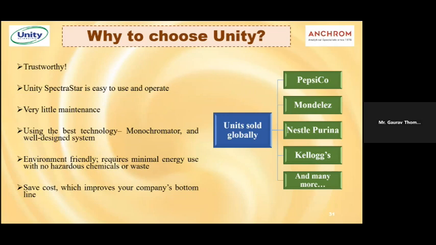Next, it uses Bessent Tau technology, wherein it uses monochromator-based technology for different cells. Next is that it is environment friendly. As it doesn't consume any chemicals, it doesn't generate any waste, and the same sample could be used for some other kind of analysis as well. So eventually no hazardous or less hazardous waste is being generated out of it. As no waste is generated, no time or chemicals are being consumed,